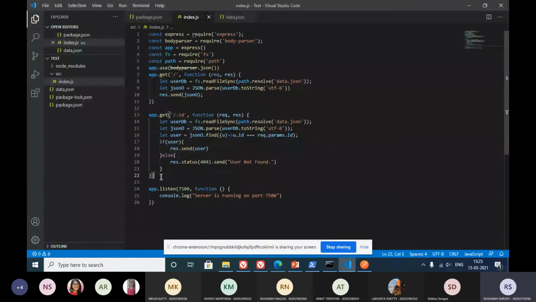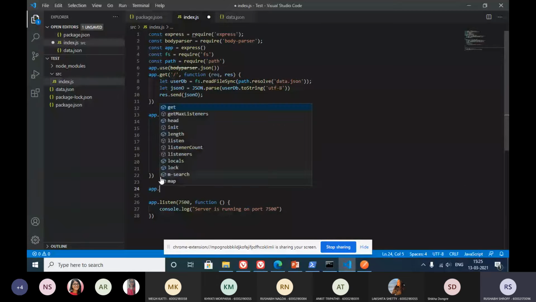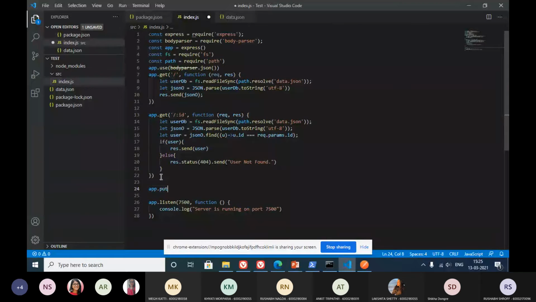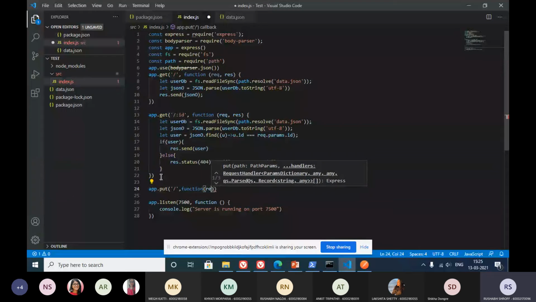Now let's add a new user into our database. So to do that, we'll create a put request, then onto the slash, and then first response.